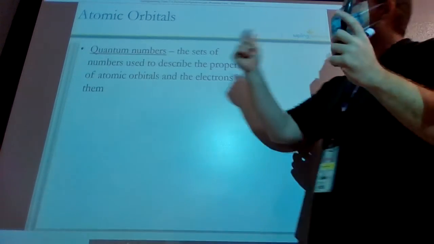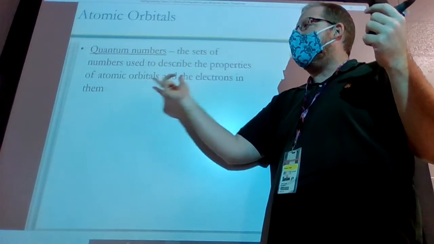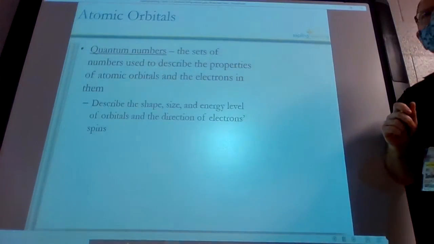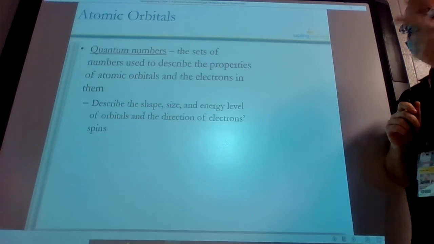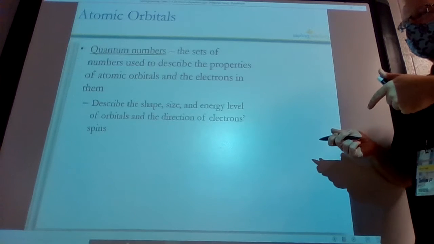So we're going to start off with quantum numbers. Quantum numbers are the sets of numbers used to describe properties of atomic orbitals and the electrons in them. We only have a couple of these. They describe the size, the shape, and the energy level of orbitals, and the direction of the electron spin,